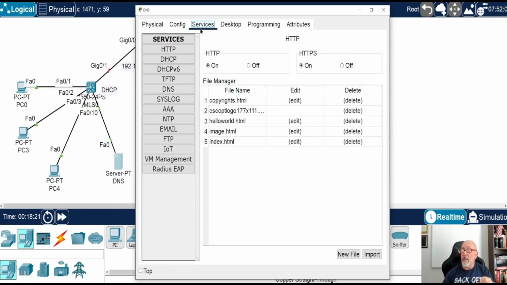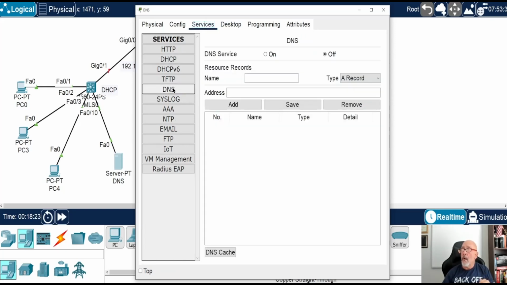All right, so we're going to go to services. There's a tab, services, and we're going to go to DNS. All right, and we've got to turn it on. And we're going to turn it on for globed.net. All right, and the address we're going to point to that server, 192.168.1.1. This is a makeshift. It's not the real world DNS, but you get the idea. It has an A record, and so on. And you want to be able to see if this is actually working. So let's make sure we save that. Just want to make sure.